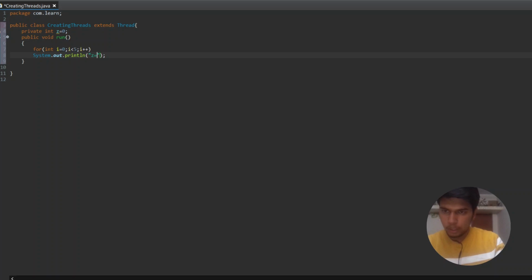Here I am going to print the value of z. Now creating main method.